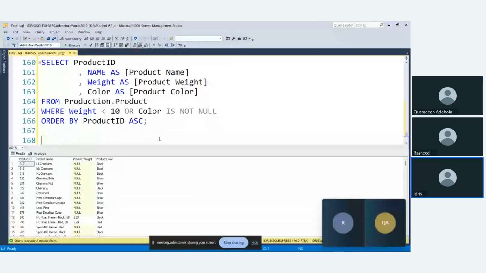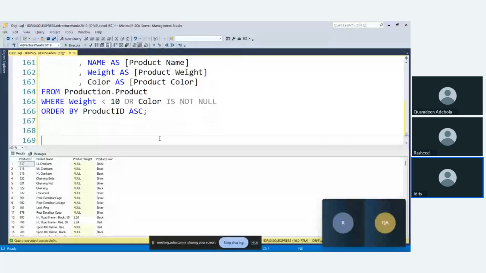All right, let's look at another concept where we can actually do some math. It is interesting that you can also do math in SQL. Okay, so now let's say we want to